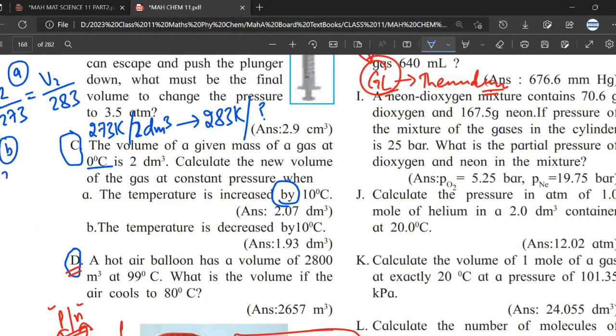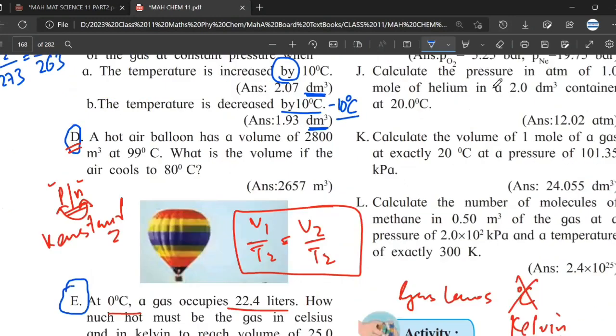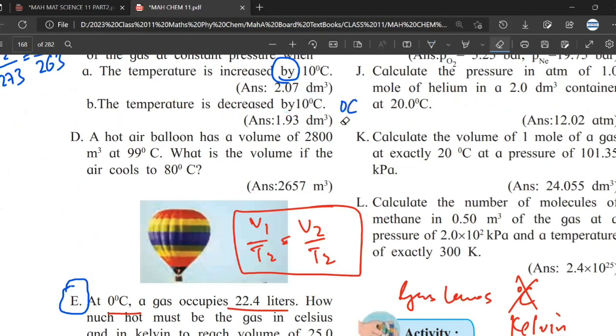And in B part, V1 upon T1 would be V2 upon T2. Here the temperature is decreased by 10 degrees Celsius, so this would be minus 10 degrees Celsius, and hence it would be 263 Kelvin. Are we clear, Avantika? When I solve for V2, because on the left hand side my volume is in decimeter cube, when I solve for V2 in part 1 and V2 in part 2, I will get my volume in decimeter cube. Are we clear? Did you get the right answer? Now, the numericals are simple. You won't face any difficulty in the numericals. So, if we look at the D part,